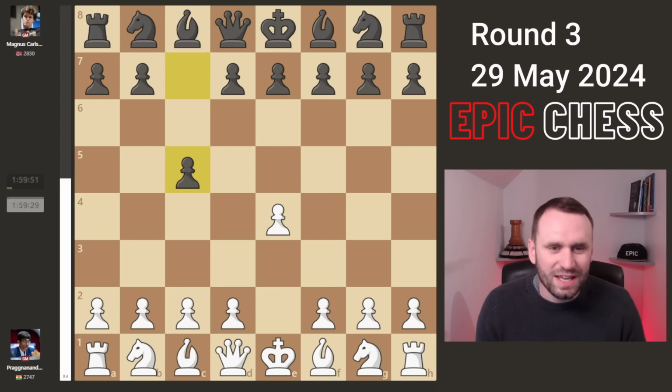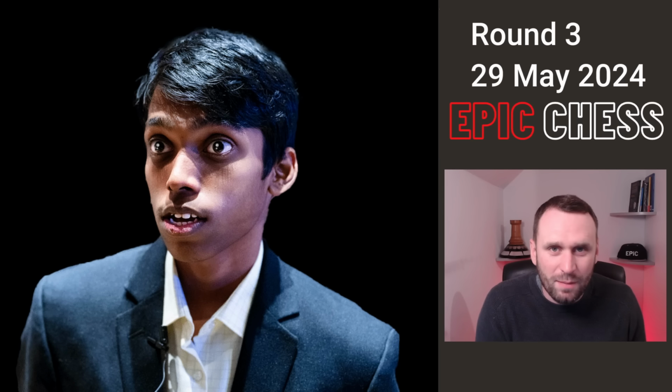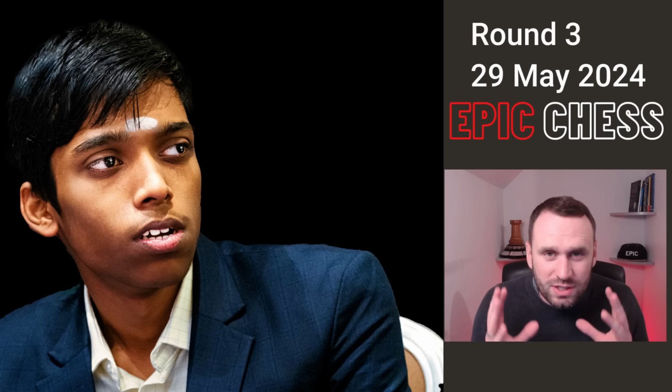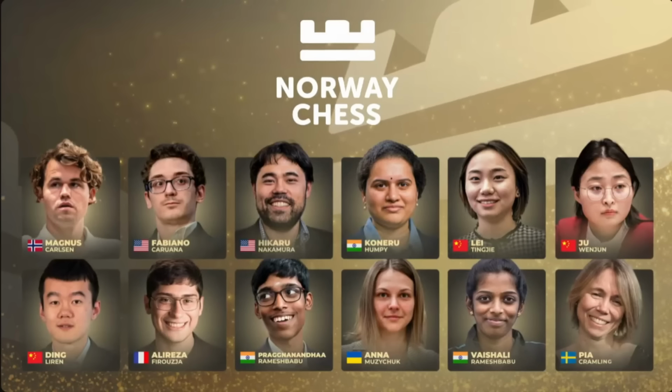E4 and C5, a Sicilian defence. Magnus, son of Carl, gives a whoop whoop with the black pieces as he plays the move. This is a classical game. Rameshbabu Praggnanandhaa, just 18 years old, with white, Norway Chess, and what a shocking game we've got here with a